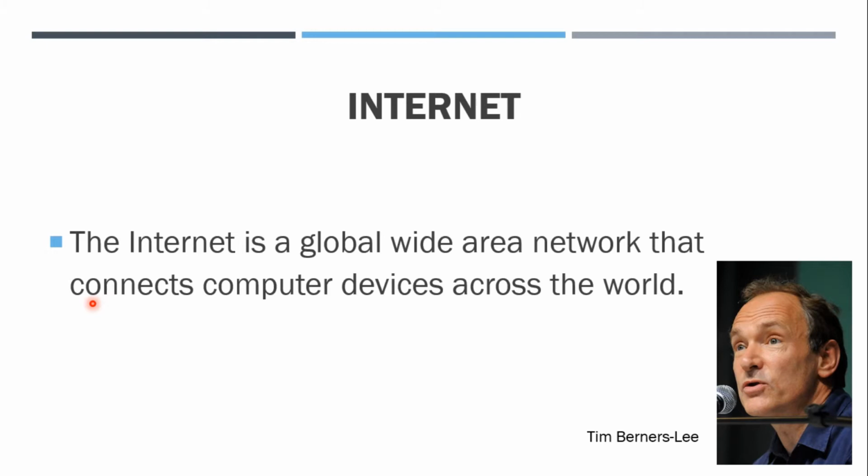Now, the internet involves connection of computer devices. That means my computer has to be connected to another computer for me to have internet. So the internet gives us the connection between computer devices and other computer devices, creating at the end a huge network, a global network that will accommodate everyone.